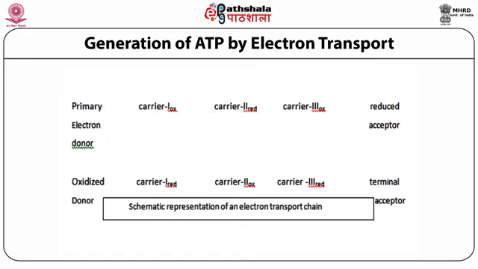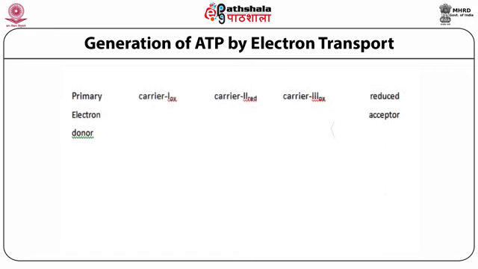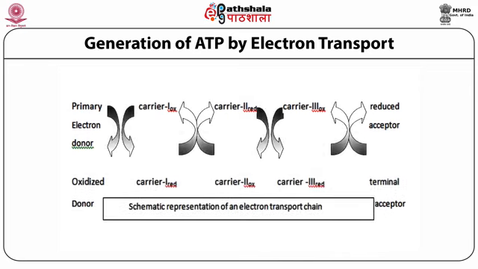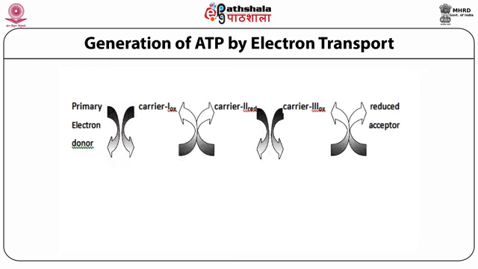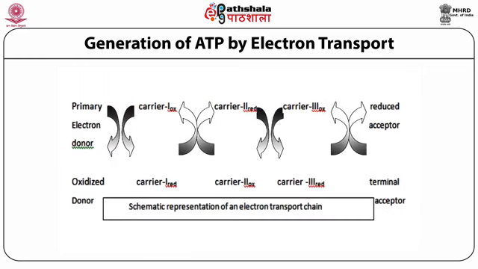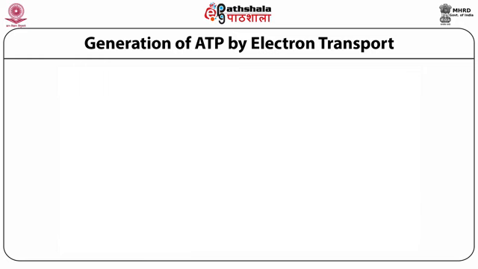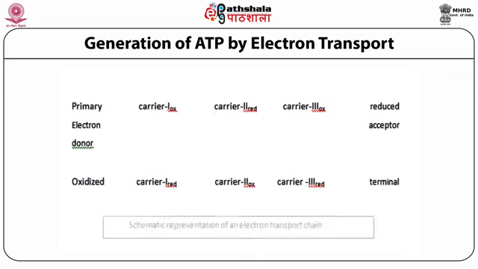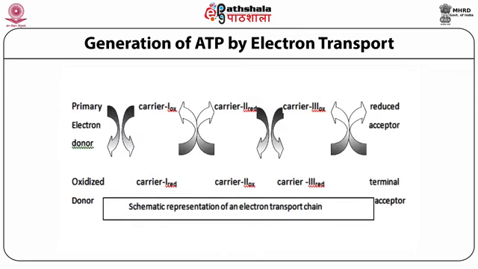The F1 F0 ATPase is on the inner surface of the plasma membrane in bacteria. F0 participates in proton movement across the membrane, and this movement through a channel in F0 is believed to drive